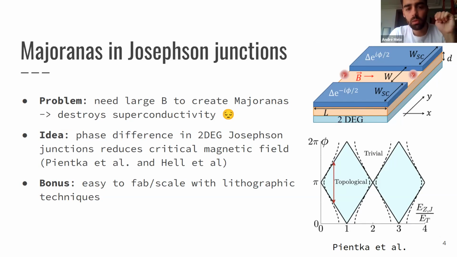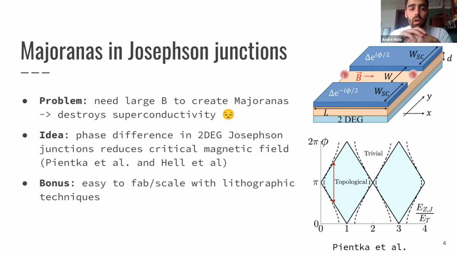This proposal arose as a way to solve a conundrum that occurs in the architecture that I just described, the nanowires. And the problem there is that, as I mentioned, we need a strong magnetic field to drive the system into a topological regime. But when you apply a strong magnetic field, you also kill superconductivity. So you have these two ingredients that are at odds with each other, and this competition adds another challenge to